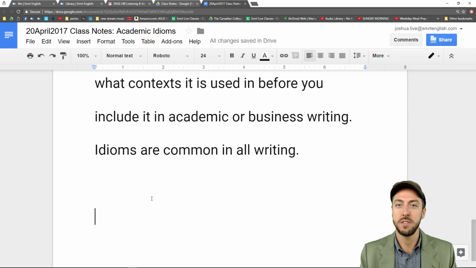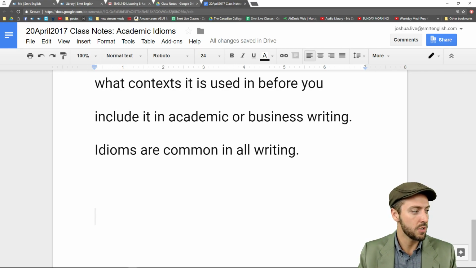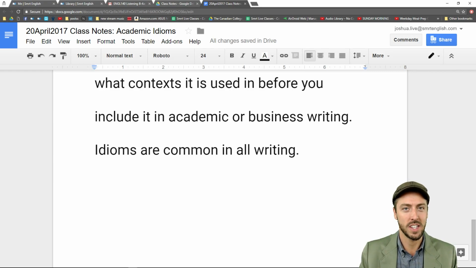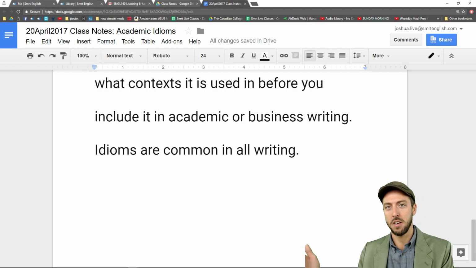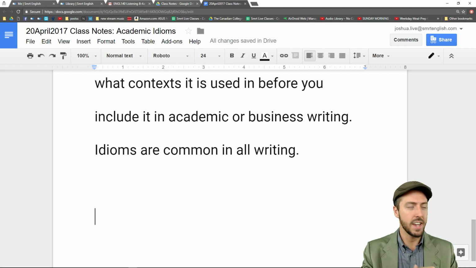It's a common way to convey meaning, so they are common in writing. So yes, you can use them, but it's a little different than slang. Not all slang are idioms, and not all idioms are slang, but there is overlap there. So slang is just casual, and I would not use that in academic writing, but an idiom could be used